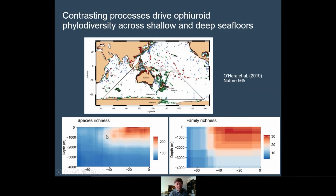And then I'm going to show a lot of these sorts of charts as well. Rather than looking at latitude and longitude, it's often more informative to look at depth versus latitude. So 0 here is the equator, up there, and this is -70 down here, which is Antarctica. So you'll always be going from the tropics down to Antarctica. And this is depth: the surface, 0, and then all the way down to 4,000 meters below